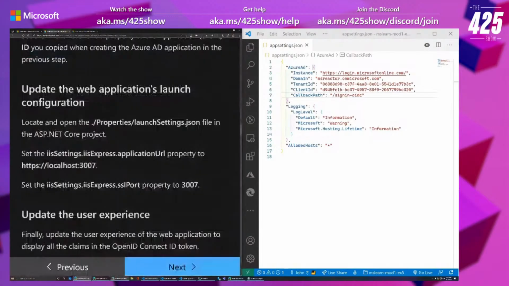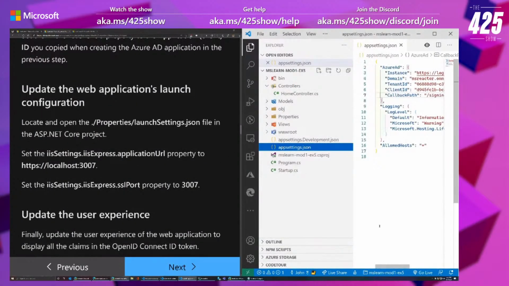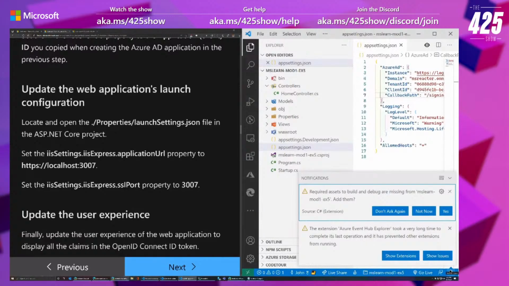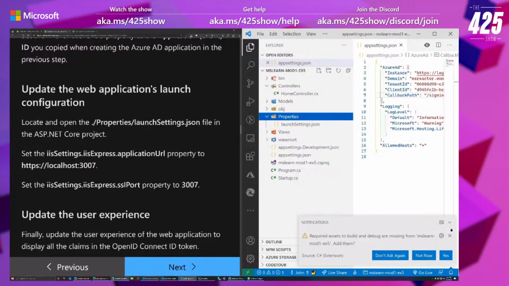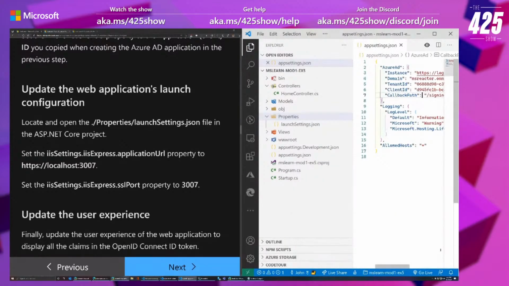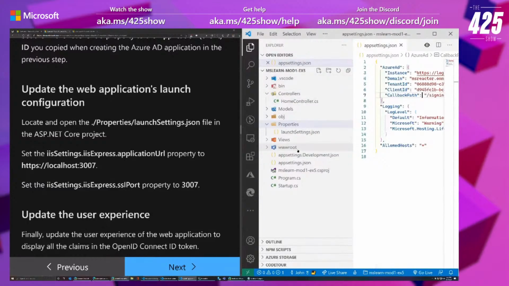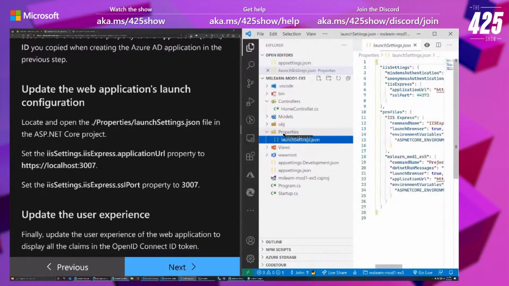Now, the next thing we have to do is we have to go make some changes to the ports because for whatever reason, we're using 3007. 3007. Yep. I couldn't tell you why. But we are. So that's in properties. If you want, you can also, where it says required assets to build and debug are missing, add them if you want, you can go ahead and do that now too. That's just going to add a VS Code folder to your project. So in properties launch settings,